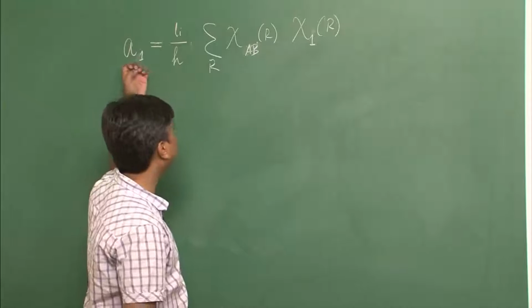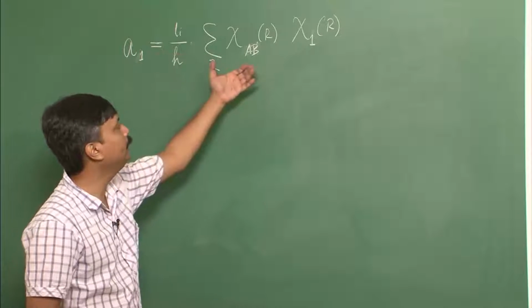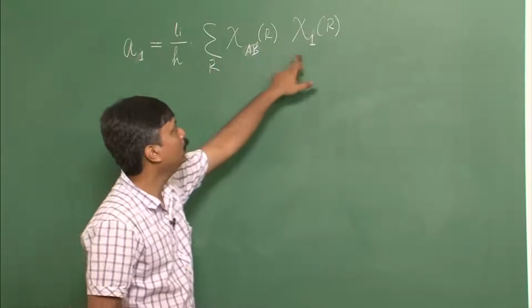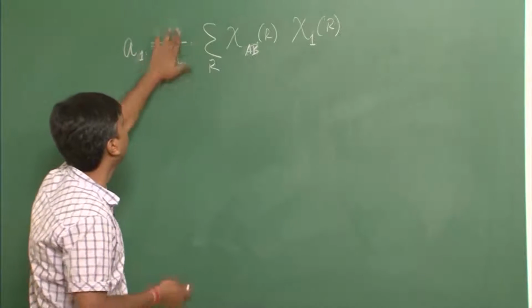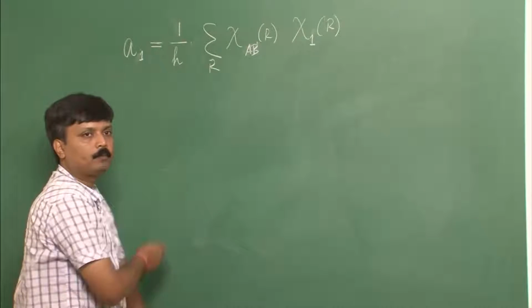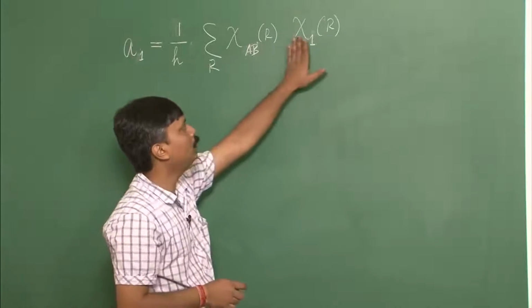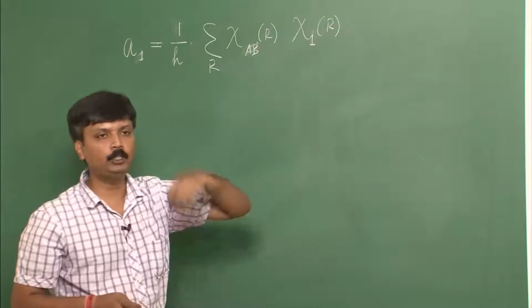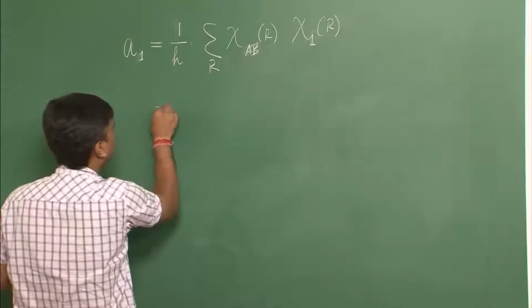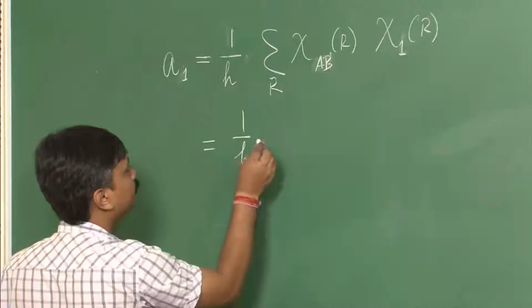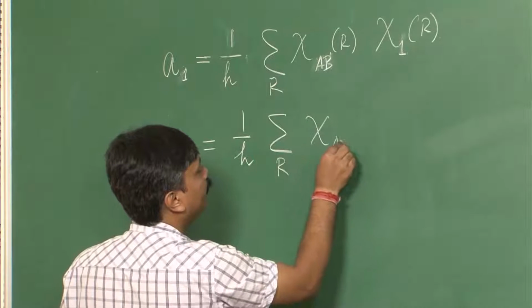So how many times this A1 symmetry, that is the totally symmetric IR, will occur in this one, correct? Now this is a one dimensional irreducible representation, so I can write here clearly 1, fine. So once I am talking about the totally symmetric IR for which all the characters are +1, then I can simply write this one as 1 upon h sum over all the R chi AB